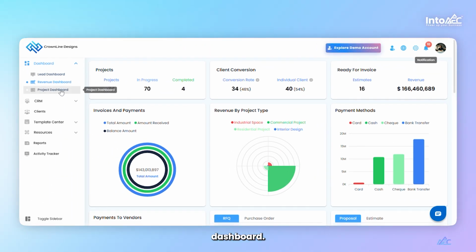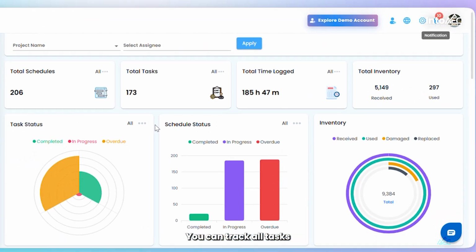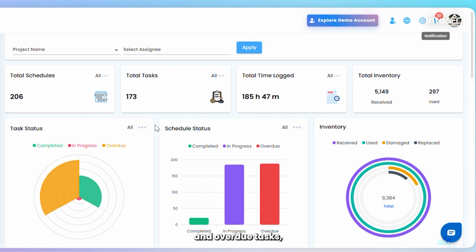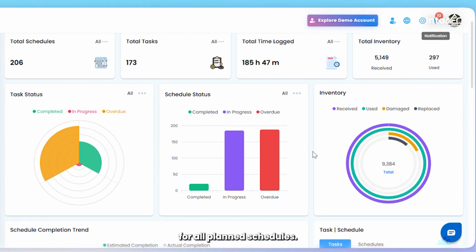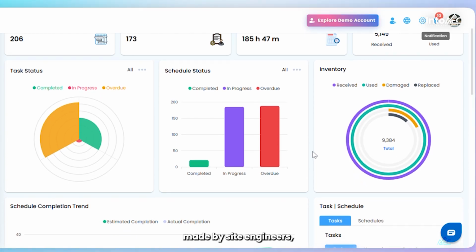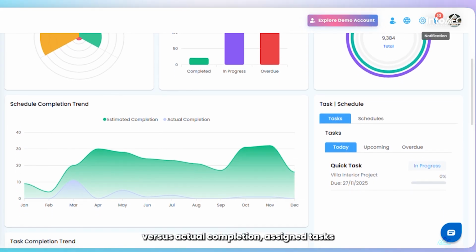In the project dashboard, you can track all task and schedule-related updates. You can see task statuses such as completed, in progress, and overdue tasks, along with schedule statuses for all planned schedules. You can also view inventory updates made by site engineers, schedule completion trends versus actual completion, assigned tasks and schedules,